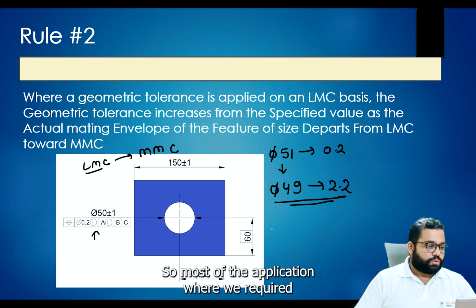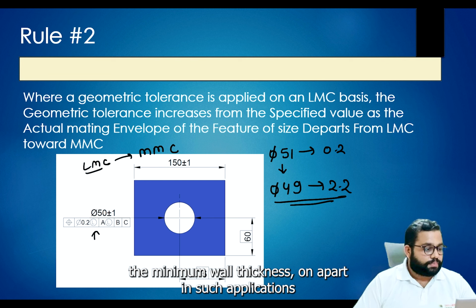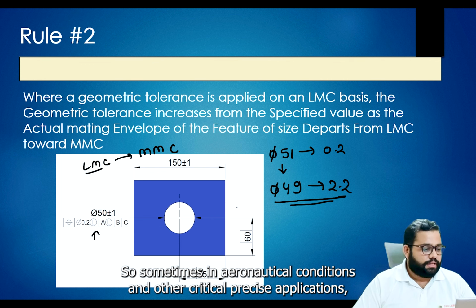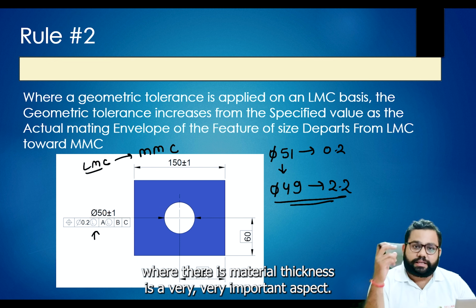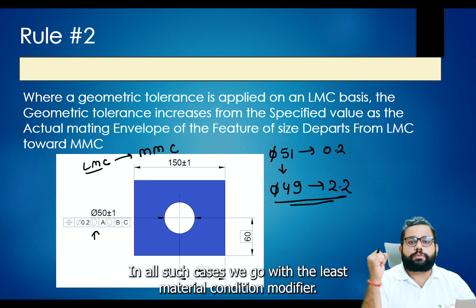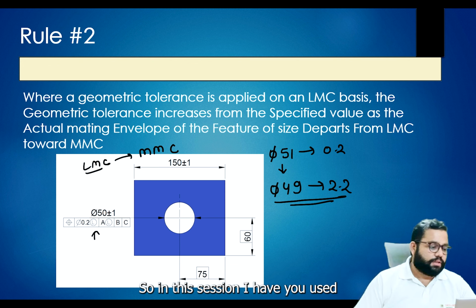Okay. So most of the application where we require the minimum wall thickness on a part, in such applications we use the least material condition modifier. Okay. So sometimes in aeronautical conditions and other critical precise applications, where material thickness is a very important aspect, in all such cases, we go with the least material condition modifier. Okay. So in this session,